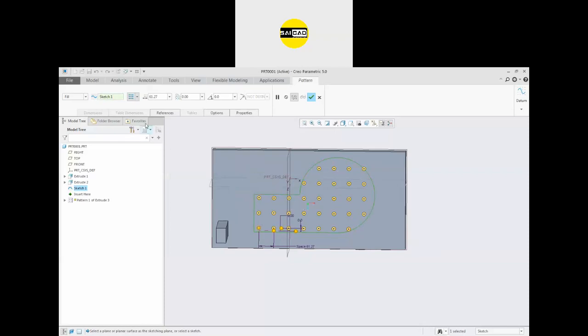And there are some options in that. First option is how you want to create the pattern. It is in this shape or this shape, this one, this one. You can select any type. Right now, I'm going to select the first one.